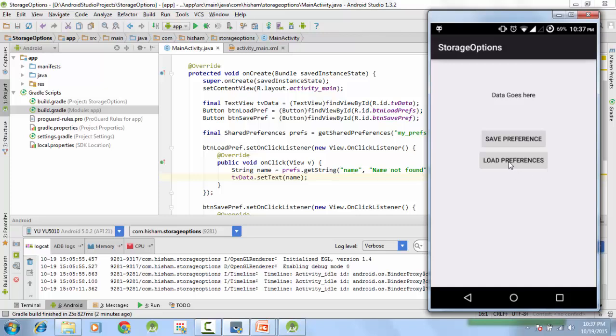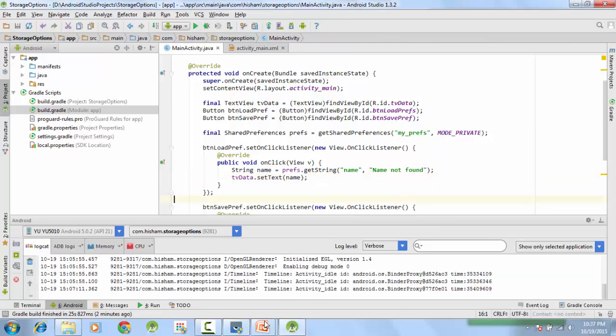Well, you might be thinking that yes, but the answer is no, because once you have saved the preferences, it is saved for an infinite amount of time unless you uninstall the application. Once you save it, you can rewrite it, you can remove it, but we haven't done anything. So closing the application does not remove the preferences. That is why we are using shared preferences, because we wanted data that could be saved.